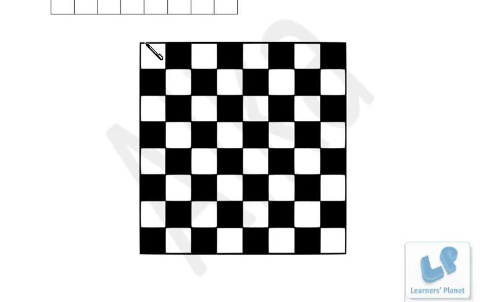Okay, so this is a rectangle, this is a rectangle, this is a rectangle. Maybe if you start from this point to this point, this will also be a rectangle. If you start from this point, this and this, then also it is a rectangle. So various rectangles are there, so we cannot keep on counting each and every one of them, right? So there should be some logic to find the number of rectangles in a chessboard. Now listen to me carefully.